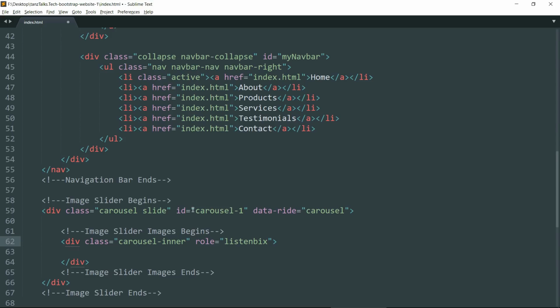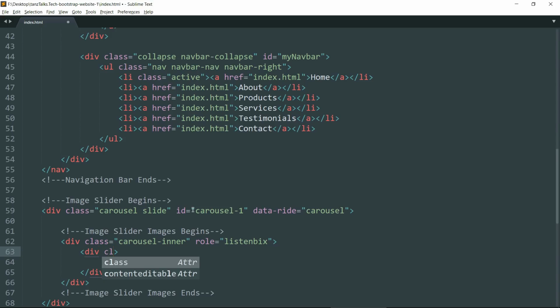Okay, now let's move down and create another div tag inside, and give it a class of item active. Now this indicates that this will be the default image of our image slider.